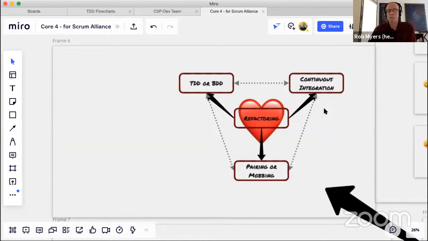Let's see, have I missed one? Yeah, pairing and mobbing and test-driven development. I can't even separate those two anymore. I just don't know how to do one without the other anymore. Maybe that's just me and my history, but I like working with somebody else, and especially with test-driven development, since